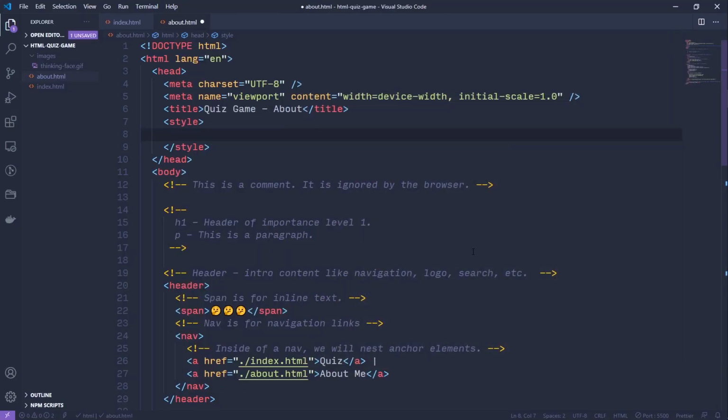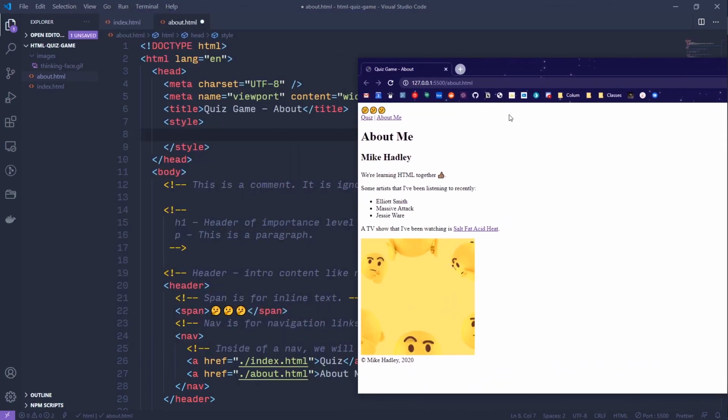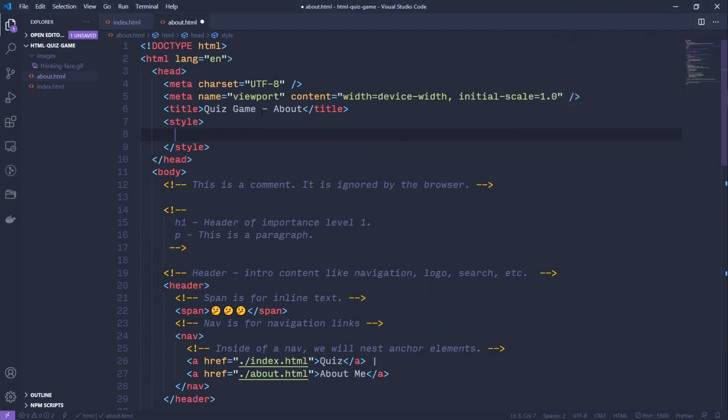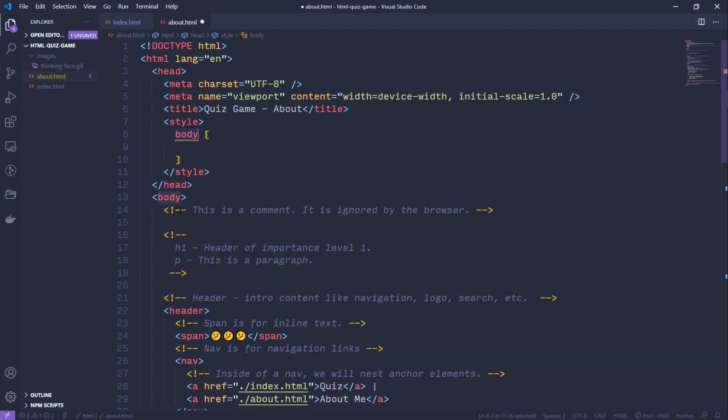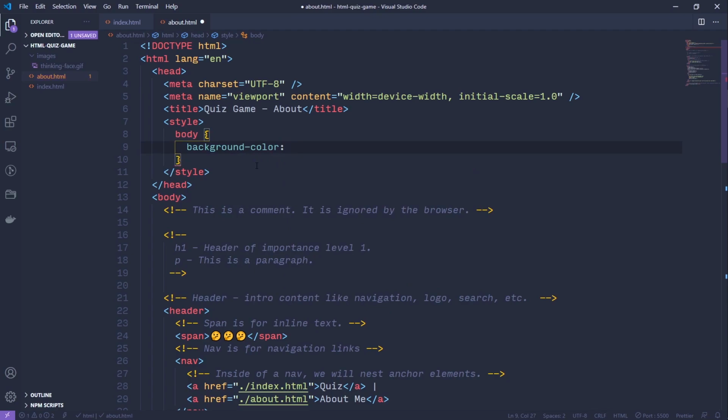So let's see that. Let's take our page. We are going to change the color of the background of the page, and then we'll change the color of the text. So let's start with body. So we are saying every body element on the page, and there is only one, should be given this style, whatever we put inside of the opening and closing curly brackets here. So let's say the background-color is,